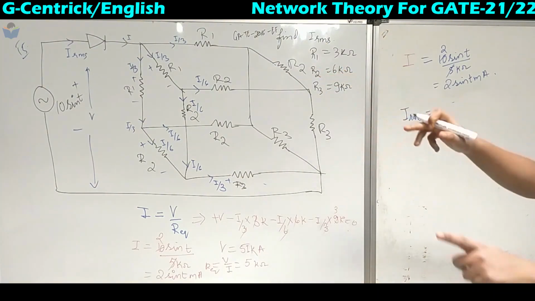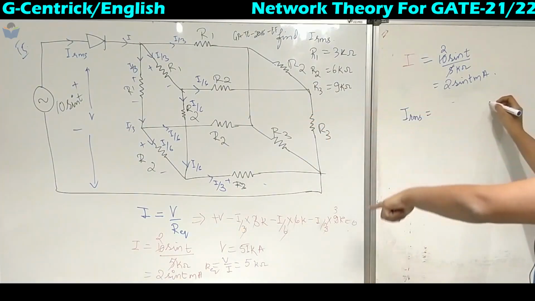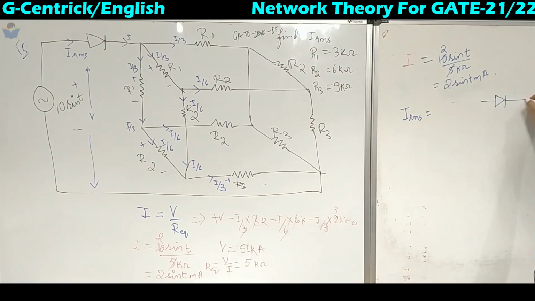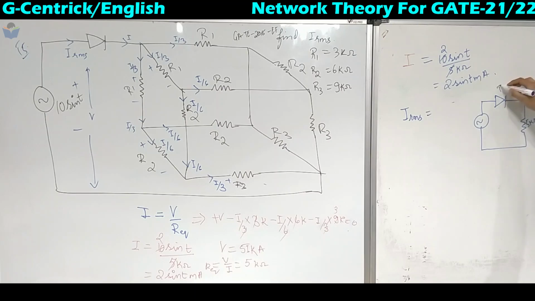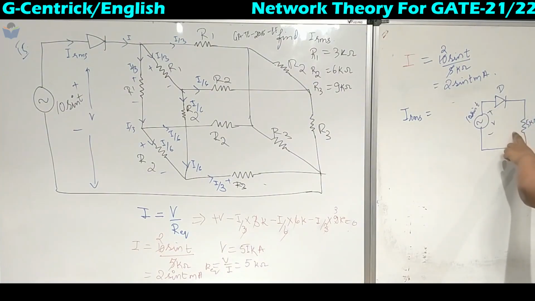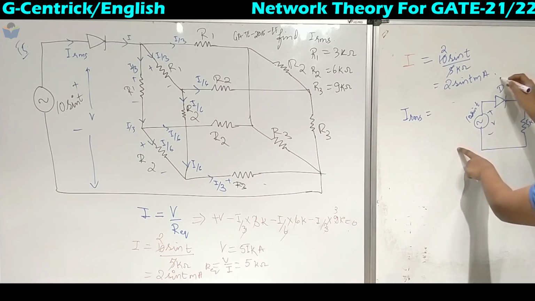Now if I redraw that circuit, replacing the whole of the equivalent by R equivalent, the circuit will be somewhat like this, with this as 5 kilo ohm. Okay, so this is a diode and we have got V, that is 10 sin t. Now, whenever we have a diode in an AC circuit, the sine will be